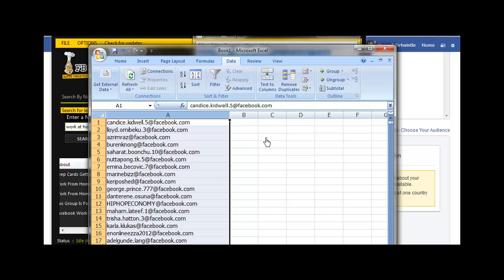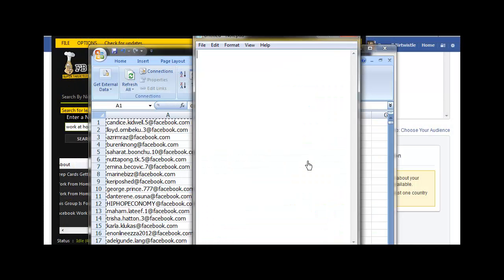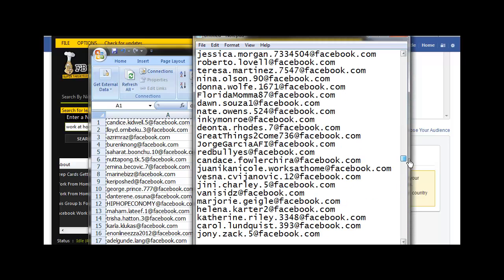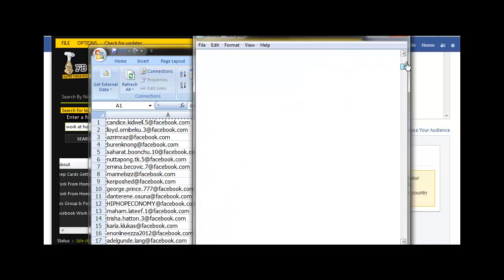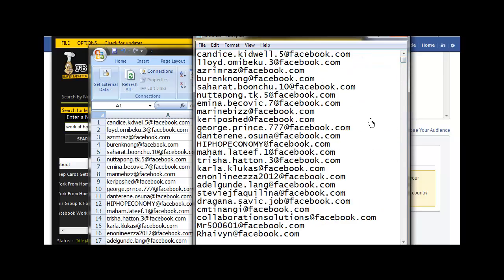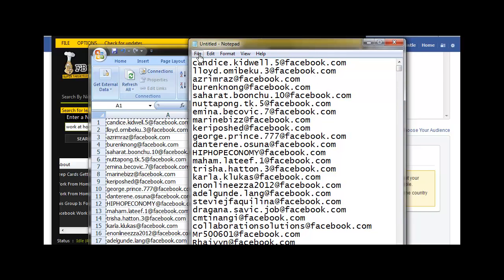Keep that window highlighted, press Control C like this, go back to your notepad, press backspace because it's highlighted, you want to delete the whole lot, and then press Control V, and they're all there. And all those are individual emails now, there's no copies. Okay, so what you do then, go to File, Save,